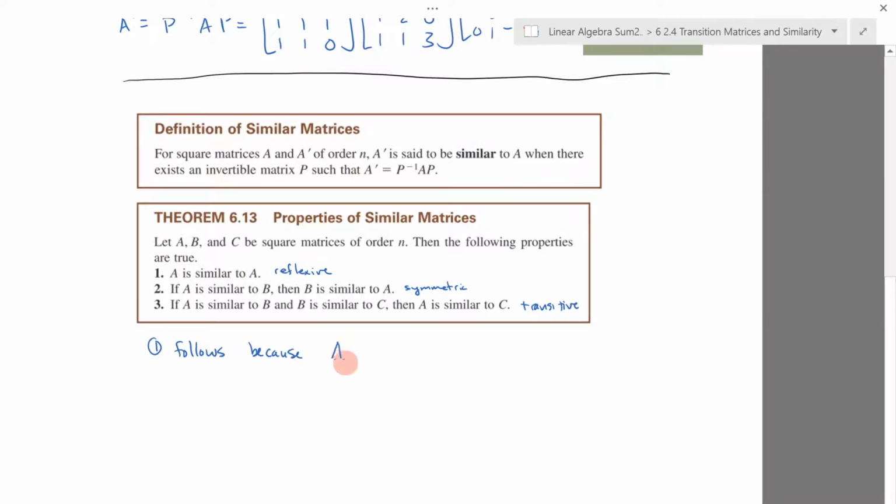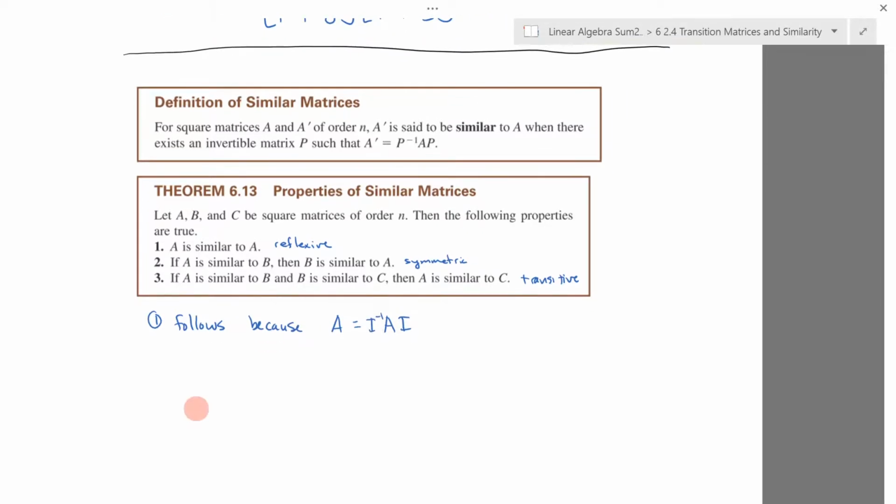I need to write A is equal to this matrix multiplication for A. So I need to find a matrix P where this is true. But I can take P to be the identity matrix, because the inverse of the identity matrix is just the identity matrix, and the identity matrix multiplied by any matrix is itself. So the right hand side just multiplies out to be the matrix A. So this shows the similarity relationship for A to itself. Okay, so that's property 1, and then property 2 follows